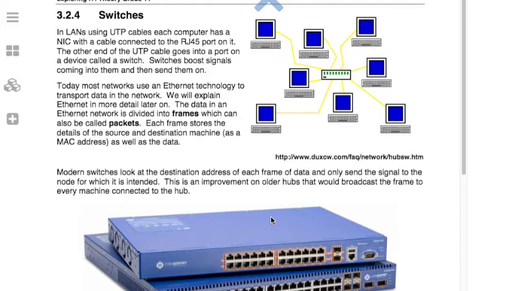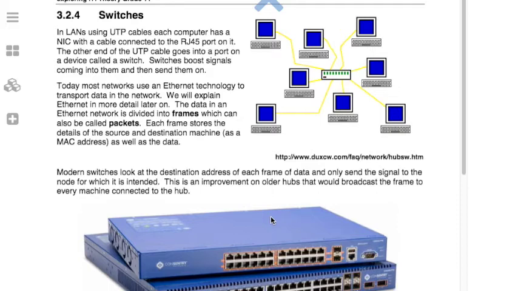If the MAC address is one that the switch doesn't know, it will send it to the next switch that it's connected to. If that switch recognizes the MAC address, it'll send it on. If it doesn't, it'll send it to the next switch. And the reason that it does that is that it prevents traffic, network traffic, from going to segments of the network unnecessarily. So if you're trying to communicate with your computer in your house or in your dorm from the